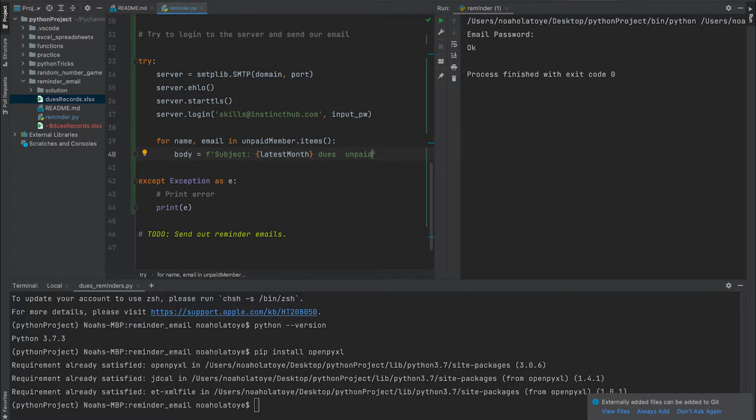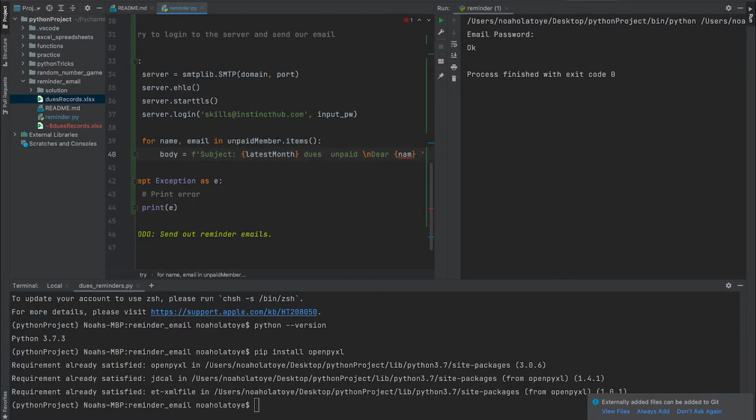okay. So the next thing we want to do is to actually declare the body of our message. So to do that, we need a new line. So we can just say dear, then we need the name of the member. So we need to just bring in the name, which we are getting from this variable, right? So we can have a comma, and then a new line again,